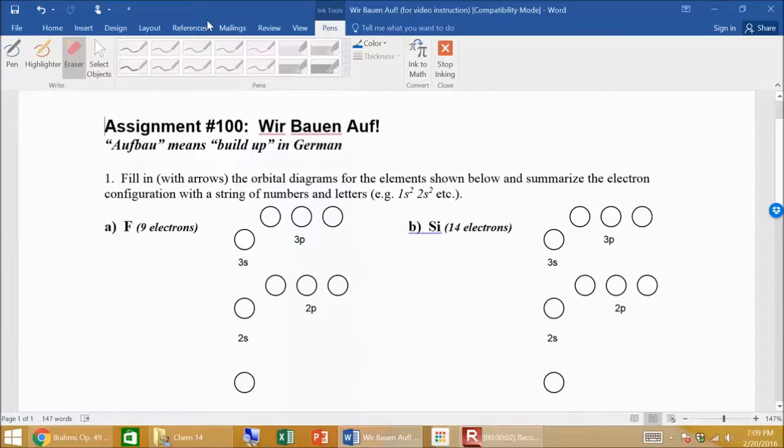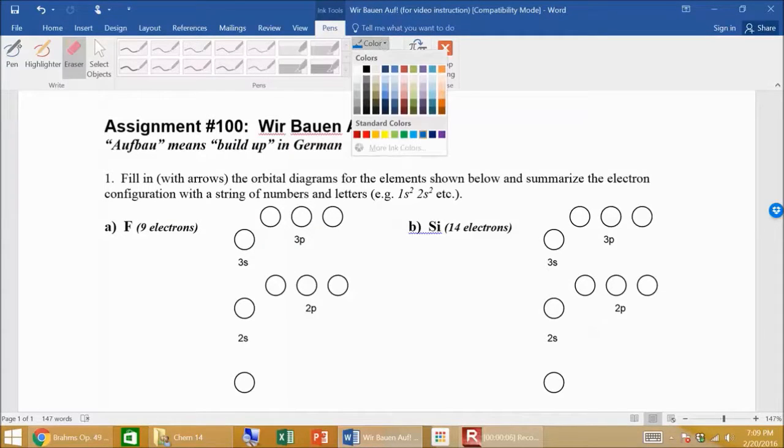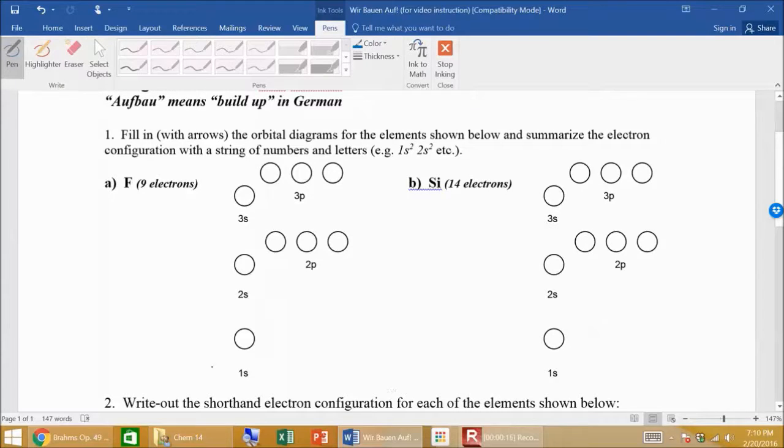Here I'm providing some instruction for assignment number 100. Wir bauen auf. These circles represent orbitals. Arrows will represent individual electrons with a spin up or spin down. Always go to lowest energy